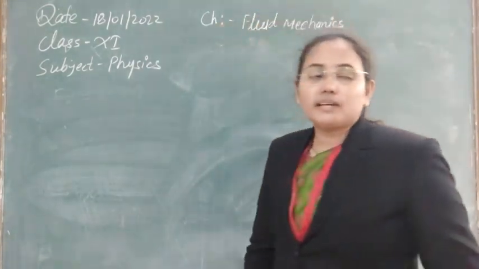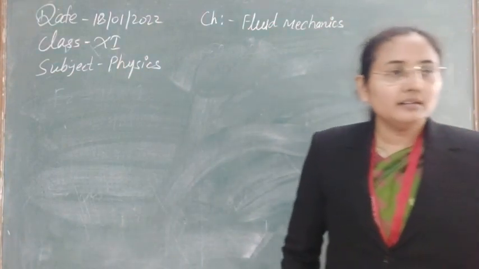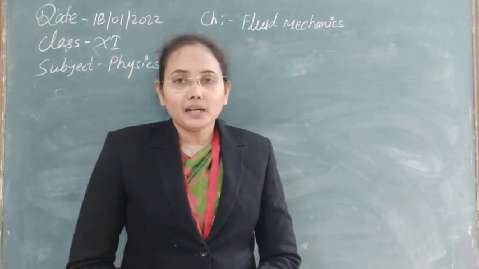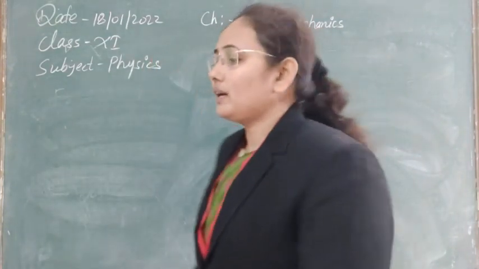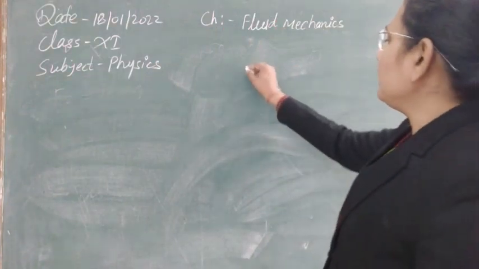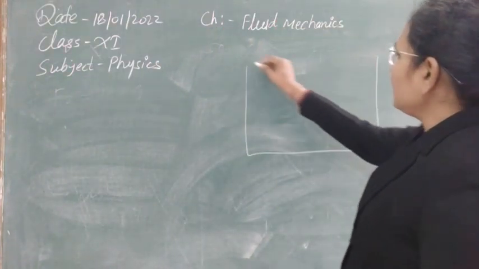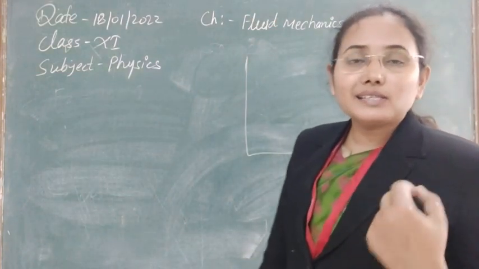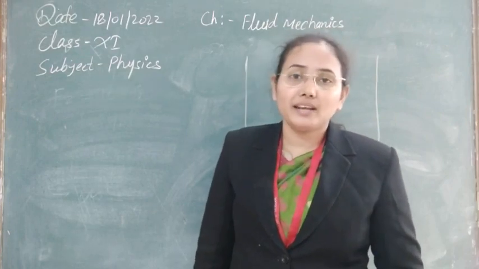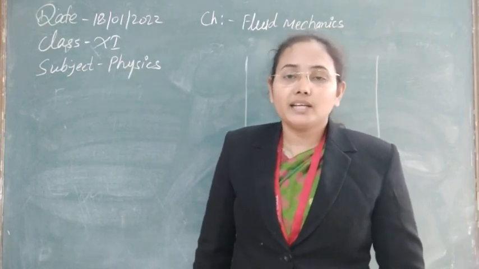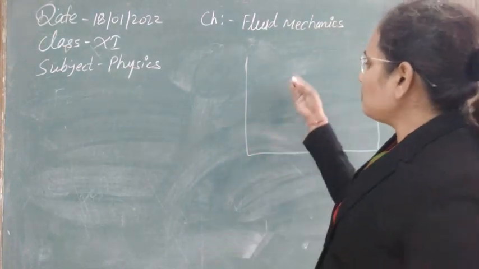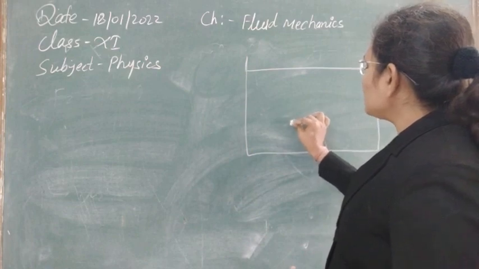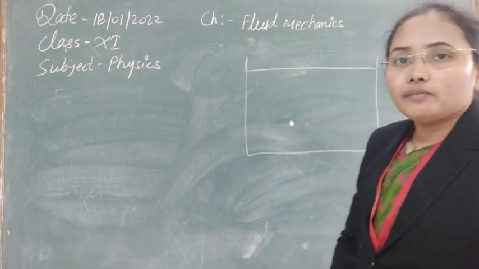So the molecular theory of liquid says that obviously in a liquid we have a number of molecules, and those molecules show some different properties when they are put in a container, or poured somewhere, or sometimes you have seen the shape of a liquid drop is spherical. So why do we get this shape? We can understand that by this molecular theory. In this molecular theory, it is said that every molecule has its own sphere of influence. So what is a sphere of influence?